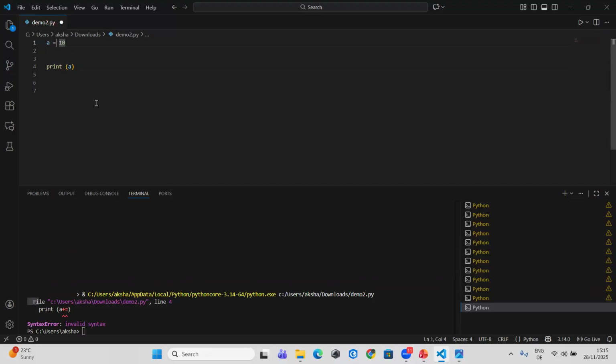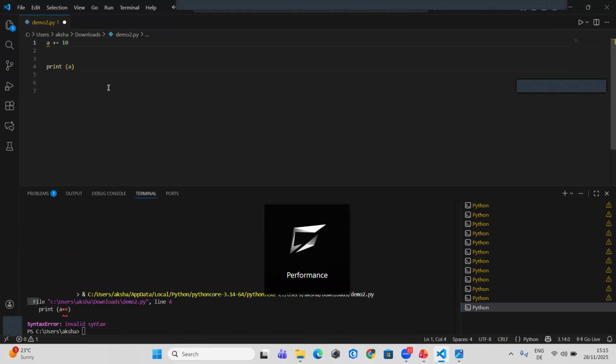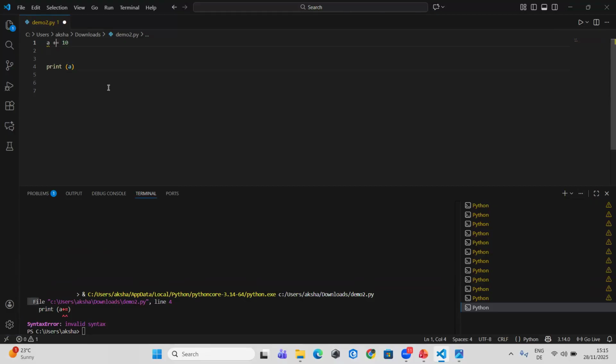Now, if I say a plus equal 10, now I have defined those two steps in a single step, that a has a value and add that value again into it. I showed you, right? A is equal to 10, then a is equal to a plus 10. Now I've combined the two steps by this symbol. This is a symbol representing the addition of the same element twice. Now if I'm printing the value of a,